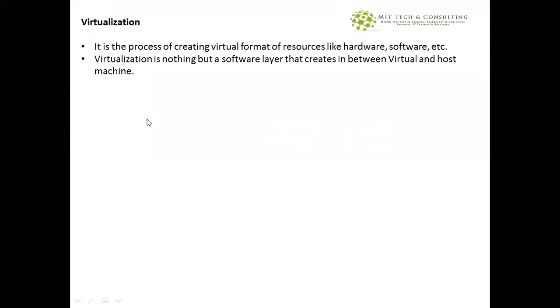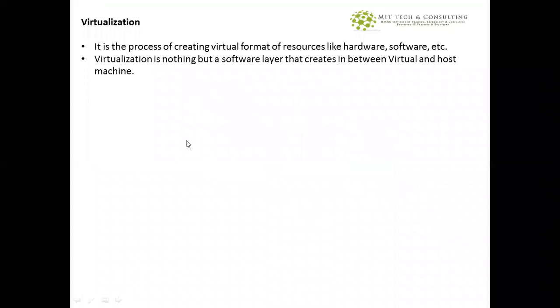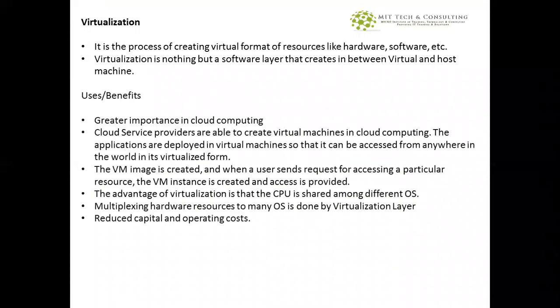Virtualization is basically the process of creating a virtual format of resources like hardware, software, etc. And virtualization is nothing but a software layer between a virtual machine and the operating system. Coming to the benefits, it has greater importance in cloud computing.